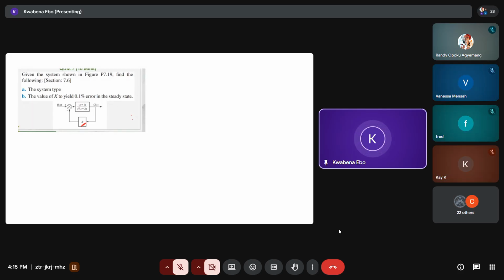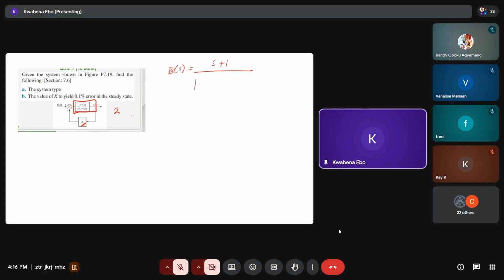So the first question, we are supposed to find the system type. The second, we are supposed to find the error. As I was saying, you cannot just look at this and say, because S squared is here, it is a type 2 system. You may be wrong. Sometimes it will work, but you may be wrong. First and foremost, let's find our B of S from this. There's no need to go and prove the whole thing. So your B of S will now be S plus 1 over